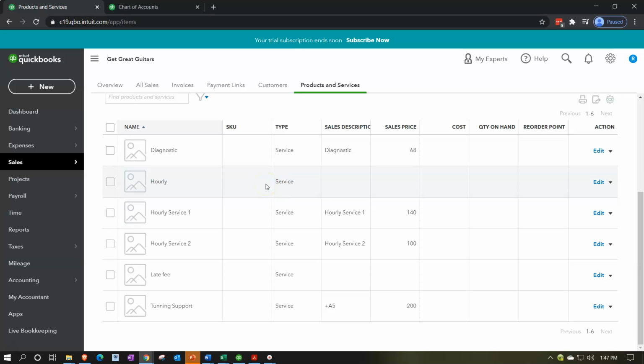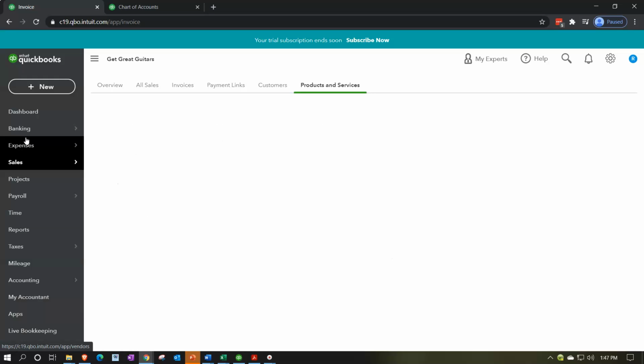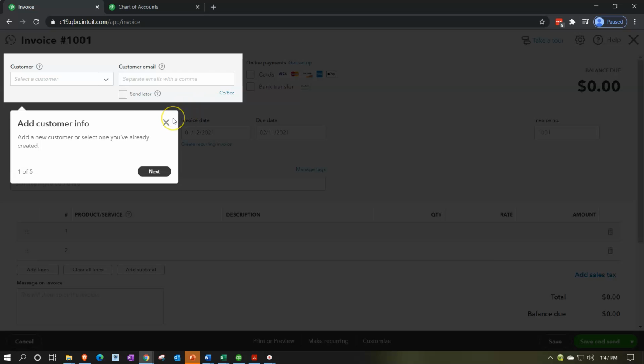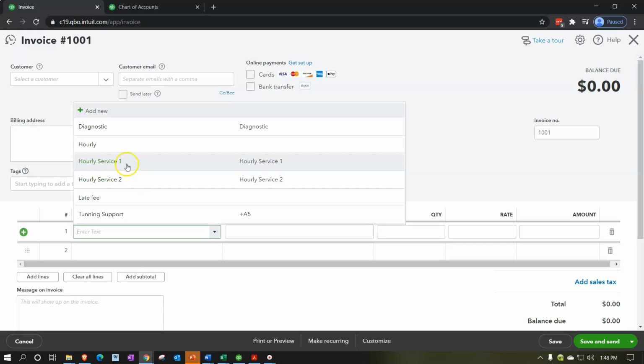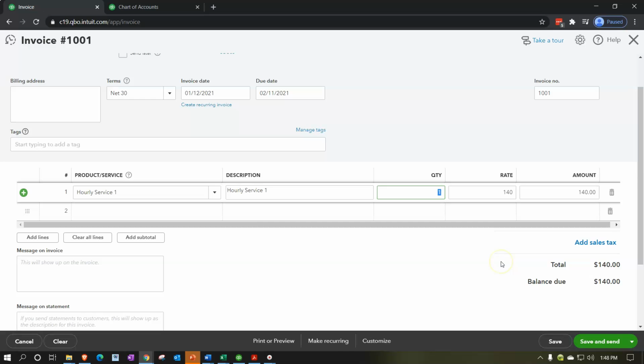First, let's think about what will happen when we create an invoice. Notice if I were to create an invoice up top and then use one of our items down here to create the invoice down below, if that item, as is the case here, is a service item, so if I hit the service item down below and we say, okay, so now we've got 140, that's a pretty straightforward transaction. This item will drive the transaction. The fact that it is an invoice means accounts receivable is going to go up. The other side will be driven by this service transaction item,